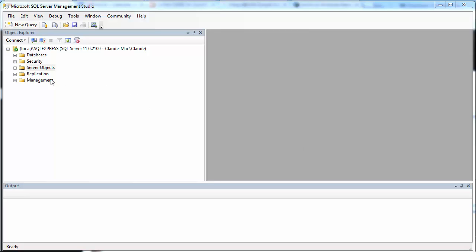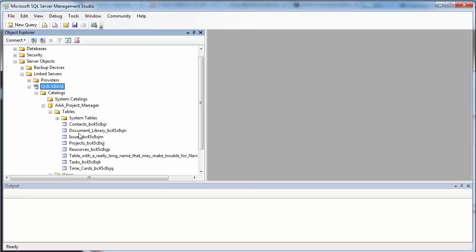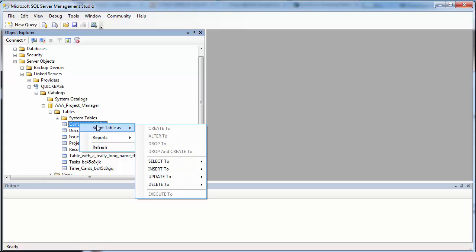I'm assuming that you've created a linked server to QuickBase using QuickNect ODBC for QuickBase. This linked server is called QuickBase, and if you explore it, you have a single application here, and the tables associated with it. I'm going to show you how to write SQL statements to interact with QuickBase using both Transact-SQL and native ODBC SQL. The quickest way to get started is to right-click on a table and script table as,